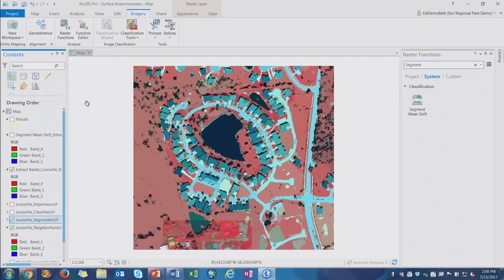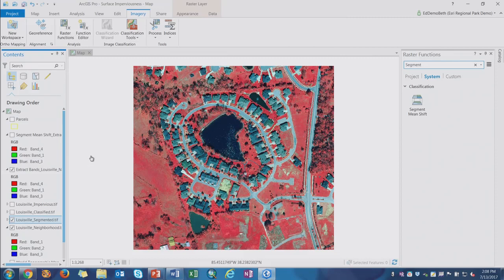basics for object-oriented classification that we can do in the software. Object-oriented classification basically uses groups of pixels, segments, and not only the spectral characteristics of those segments, but also the shape and size of those segments to classify the image. In this case, it is a type of supervised classification where it actually uses a training sample. In this case, we're actually classifying different land use classes, so we can actually